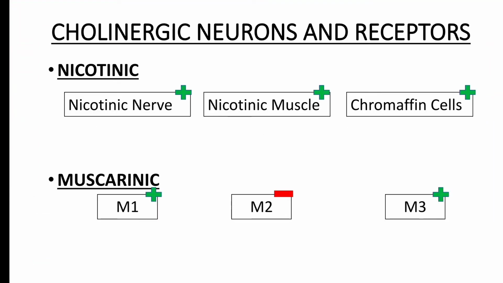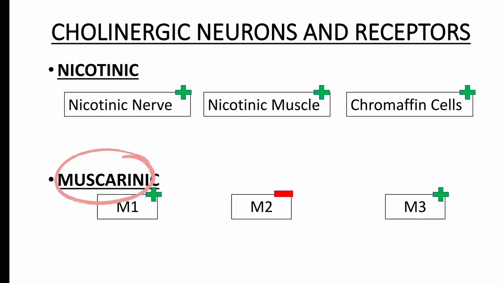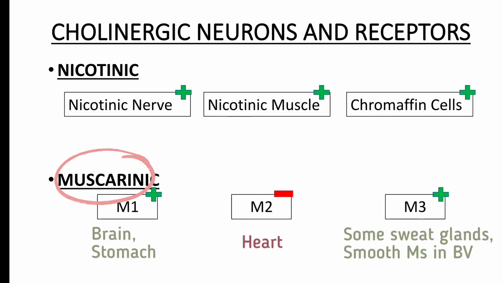So first off, we have cholinergic neurons, and these are neurons that release acetylcholine. So you have your nicotinic nerve, which stimulates your nerve, your nicotinic muscle, which stimulates muscle, and you have your chromaffin cells from your adrenal medulla. You also have your muscarinic receptors and neurons. So muscarinic 1 stimulates brain and stomach, muscarinic 2 inhibits the heart, and muscarinic 3 is for the glands and